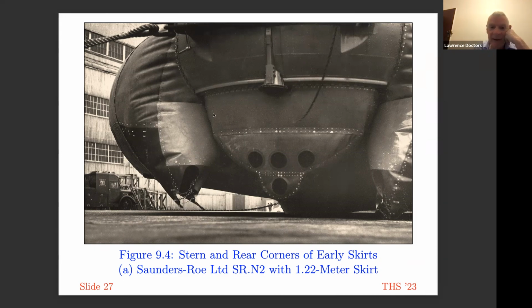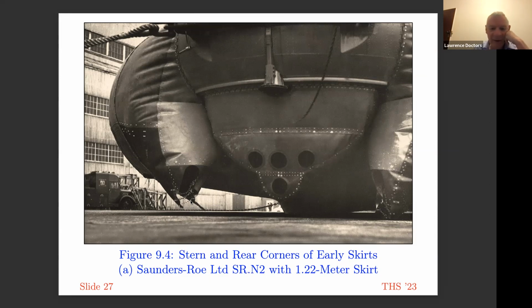You can see it's basically got a circular cross-section to it, semicircular cross-section. You can see drainage holes here because presumably water got into it and they needed to be able to get the water out. The side skirt is quite complicated where it meets the central keel. And I can't actually tell myself precisely what's going on here. It looks like, if you look at where I'm pointing, these are the two sides of the